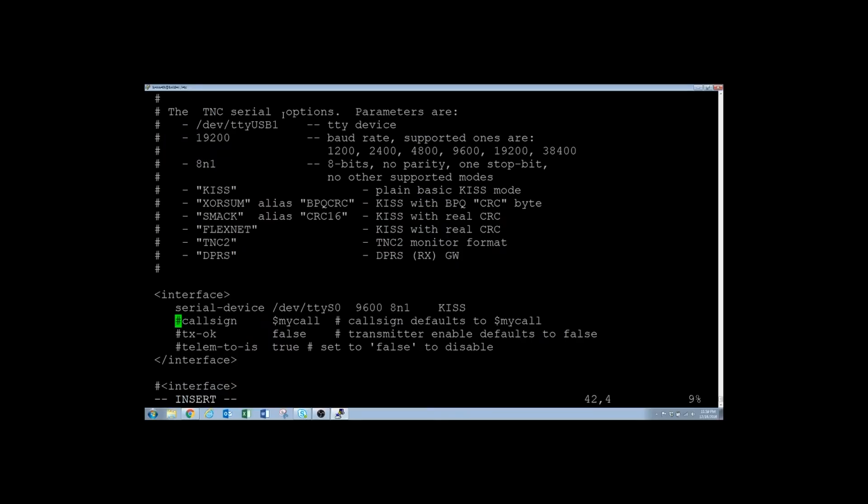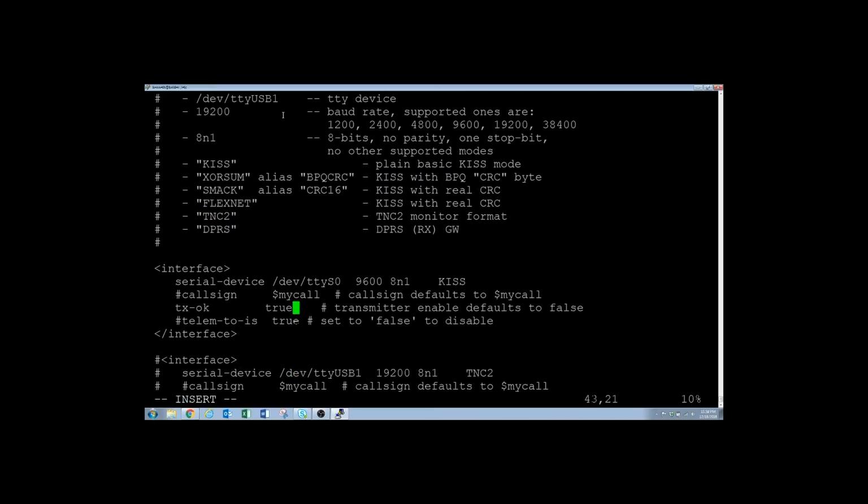Since this is going to be a single interface Digipeater, we can leave the call sign as my call. Since we want to be able to digipeat and RF gate stuff, we have to specifically say we are okay with this interface being a transmitter, right? This is a nice fail safe, so that if you have the radio set up in some way that it wouldn't be good for it to be transmitting, either because you don't want it to, or because the power amplifier is blown out in the radio, which is real common for APRS radios since they're just kind of left over. But whatever, it's this extra step, so that if you want it to be transmitting, you have to set that up. All right, so we'll just keep deleting commented out interfaces here